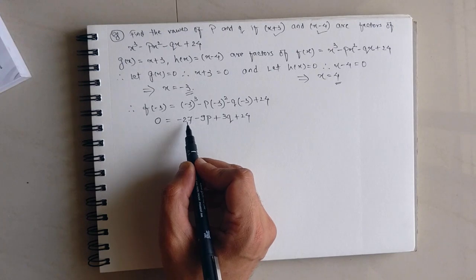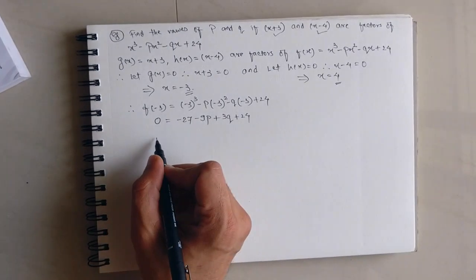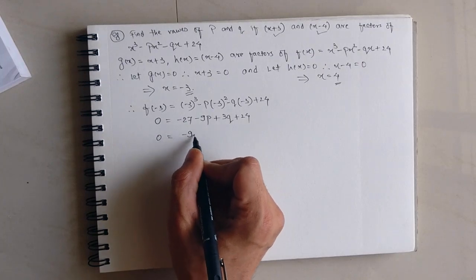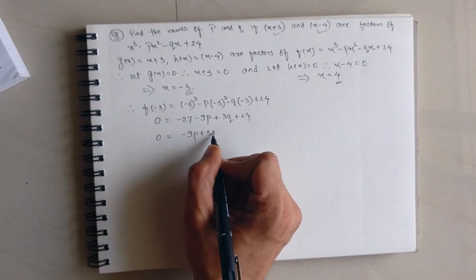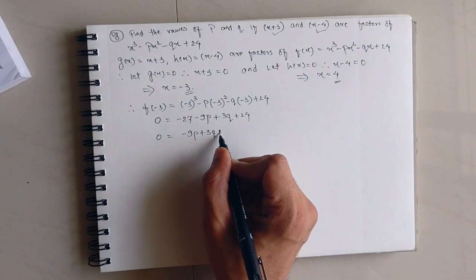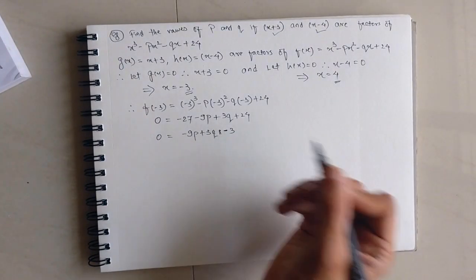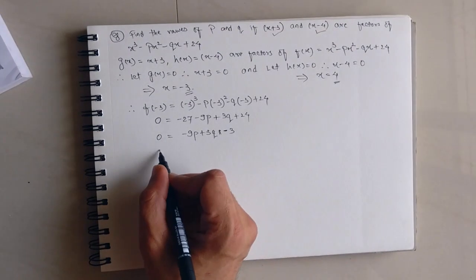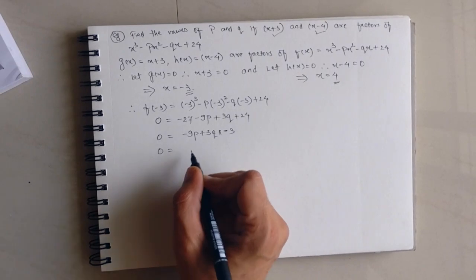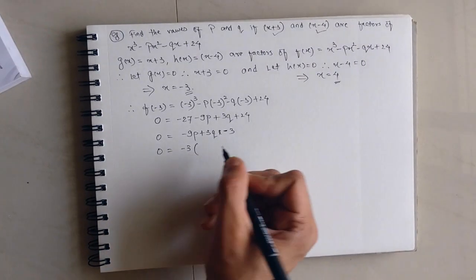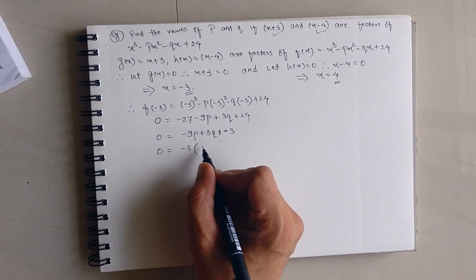Minus 27 plus 24 is minus 3, so minus 9p plus 3q, and this will be minus 3. Is there anything common? Let's take out common. I think minus 3 should come out common. Yes. And inside will be